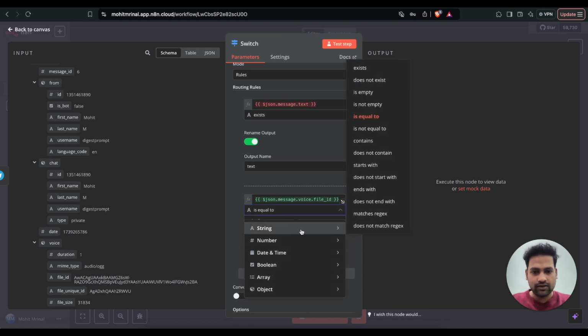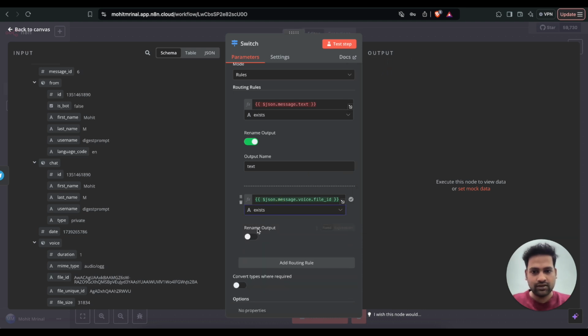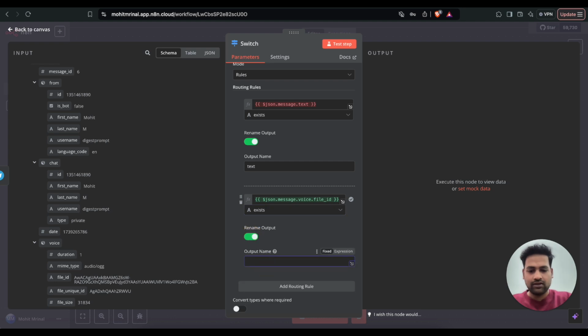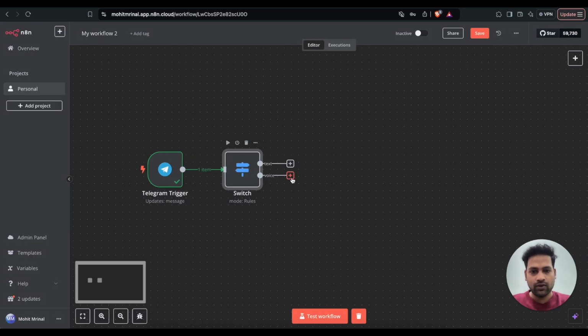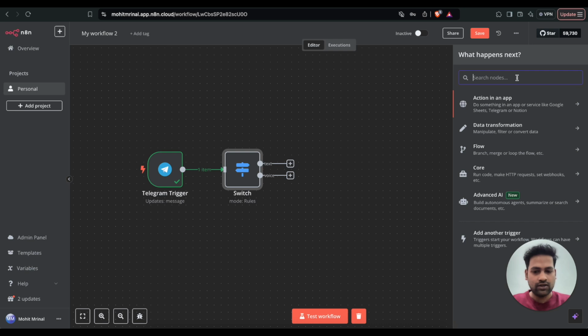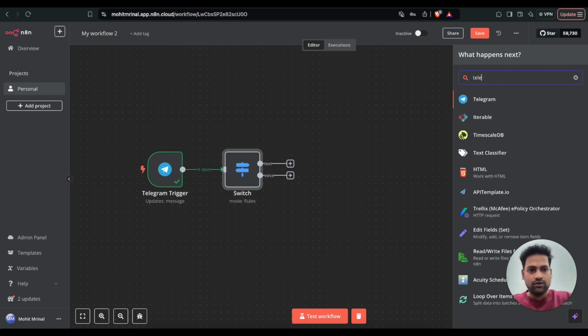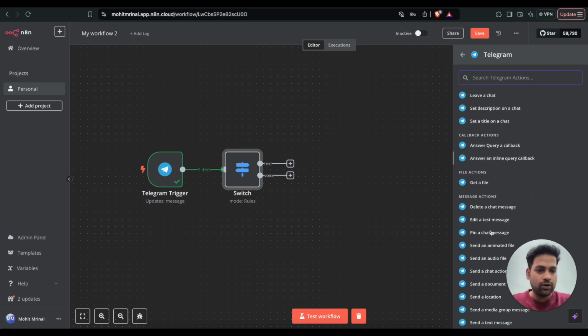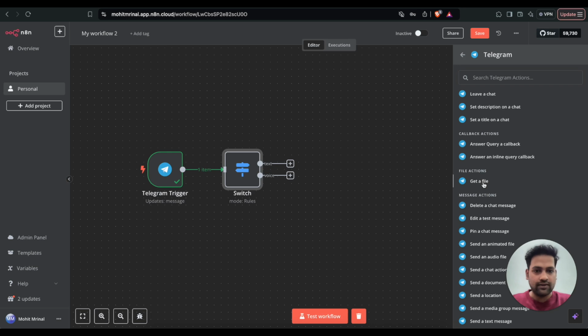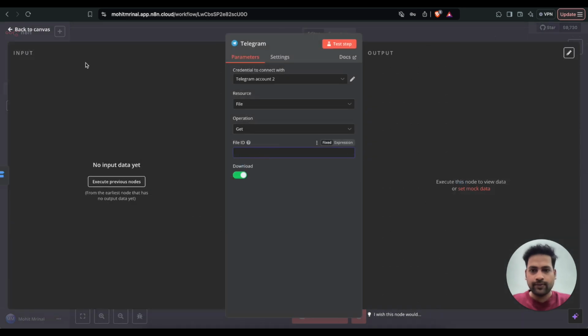And it is again a string that exists, then we say it is a voice. Cool. In case it is a voice, what we want to do is download the file. The voice messages are taken and considered as audio files. So we say get a file, file ID is